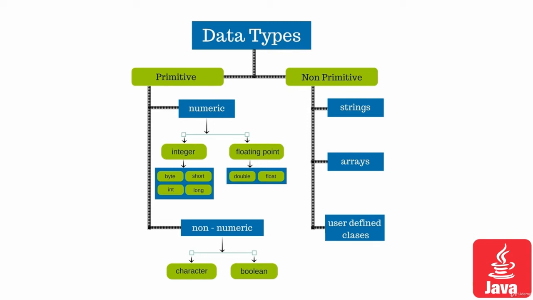Then we have non-primitive data types that are not defined in the general programming language. They will be defined using a set of rules based on class or different advanced functions, but could be used by a general programmer as a primitive function. These are strings, arrays, and user-defined classes. So the strings are a set of characters. With non-numeric data type, character char, we can store a single character. But if we want to store a complete sentence or complete word, we can store it using the strings method, string of character to be short.